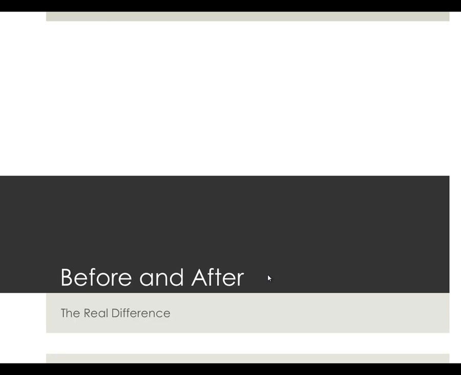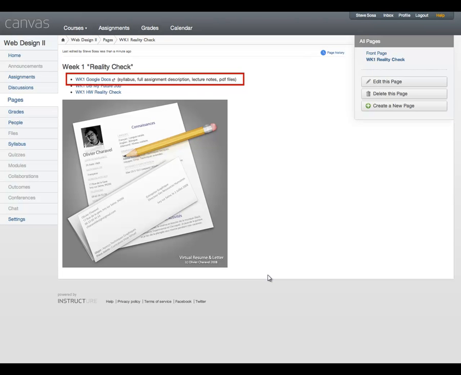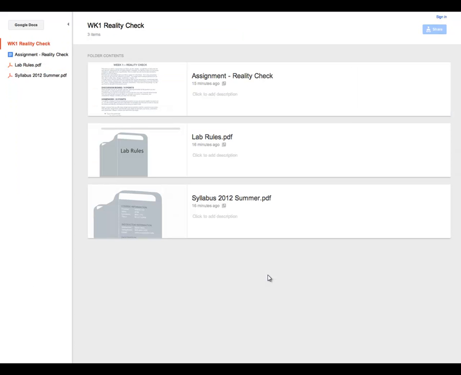So the real difference, the before and after part with Blackboard and Canvas, is this little guy right there. So I mentioned before that I've been doing that house cleaning, downloading all my files, and then uploading them to Google Docs. So what does that really mean? So now when they click on that link, they come to a Google Docs shared folder. That folder is called Week 1, which is the same title. You see Week 1 Reality Check, same title, Week 1. Alright, so when they click on that link, they see the assignment, which is that full page document that they would hopefully print out or at least download and have